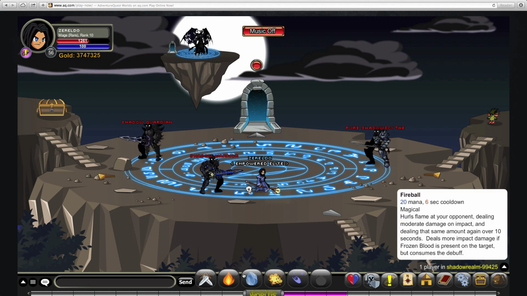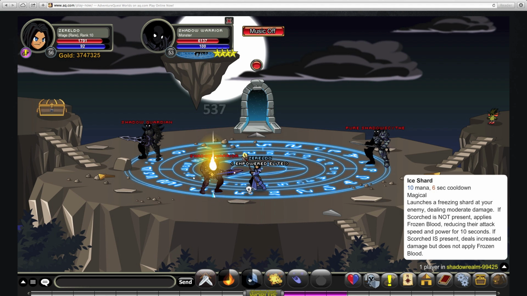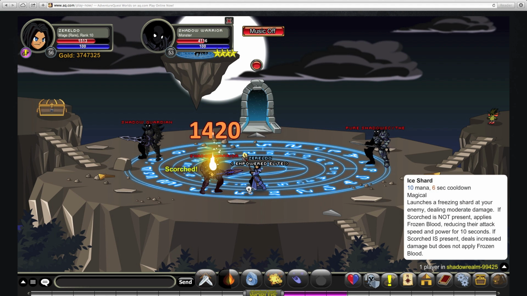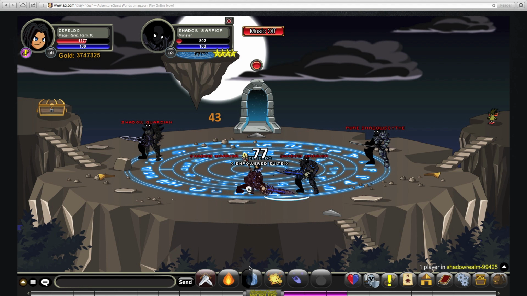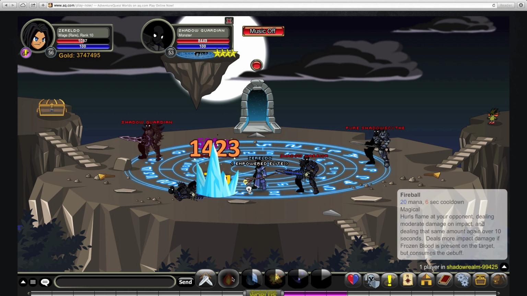Now the other way around does something similar. You just attack with your Fireball, and then you do that. The catch here is that it doesn't actually apply Frozen Blood, just increased damage, and you've had your damage over time going. Personally, I'd recommend going Ice Shard first, and then